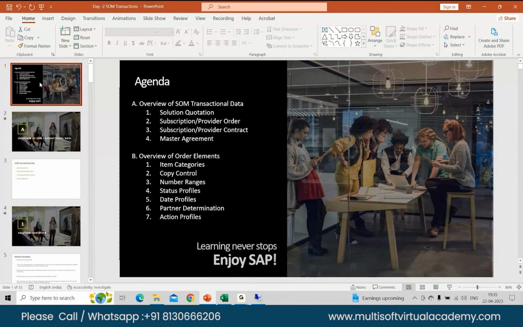Today's session, Shrikant, we'll go through some transactional data, and look at the different order elements in subscription order management, whether that's item categories, copy controls, number ranges, and some transactional data. Last week we had master data, which was basically business partner and contract account, which drives your transactional data,